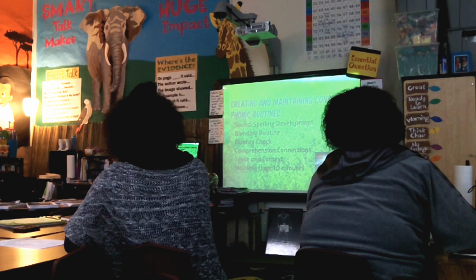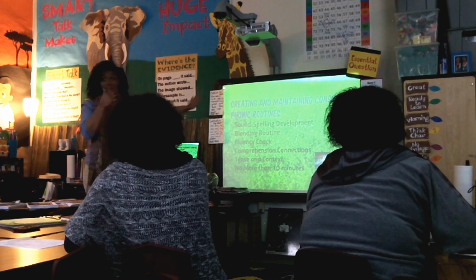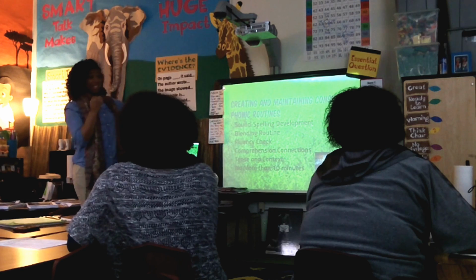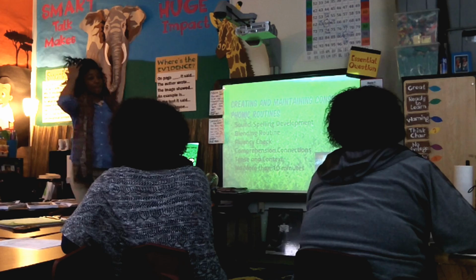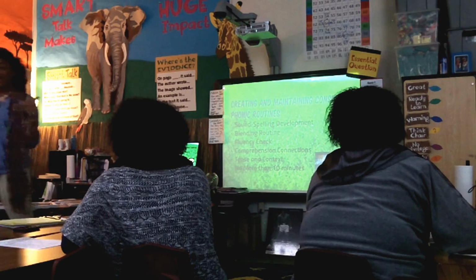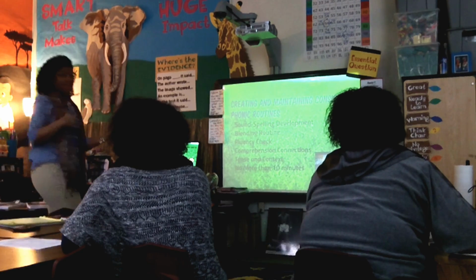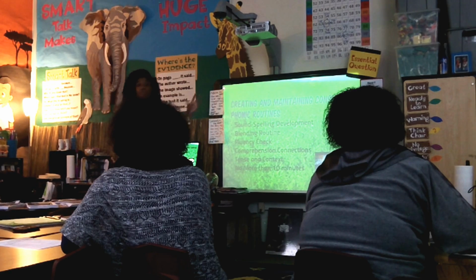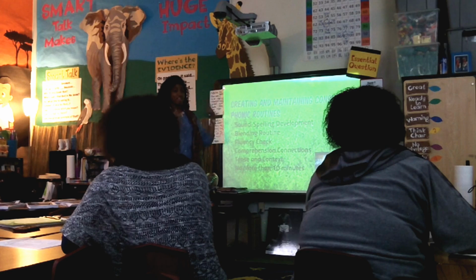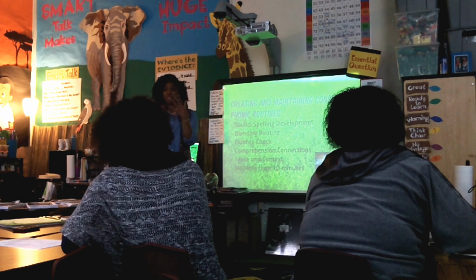Then after that, you'll notice that I go into some comprehension connections and some tense and context based on the words that I do. So I'll put maybe 15 words up there. We'll blend about 15 words. They're all up there. Then I'll manipulate those words a bit further, ask them, what's a verb that you see? If I want to change the tense to mean past tense, what can I put on this word? So you'll see those sorts of things